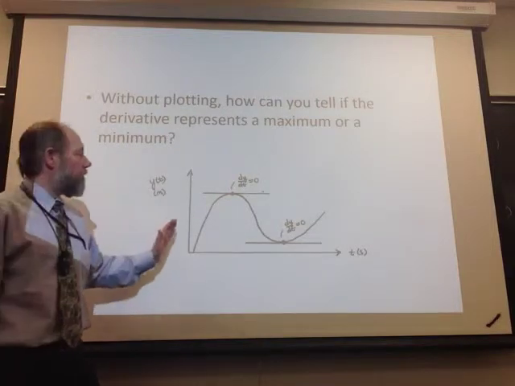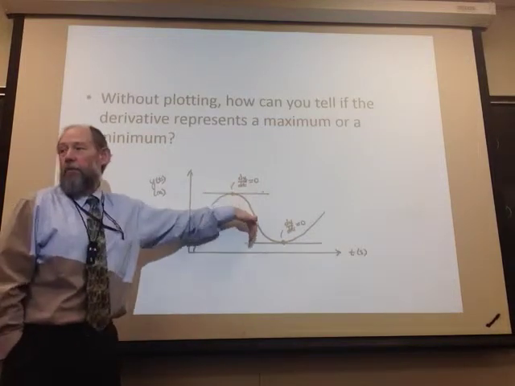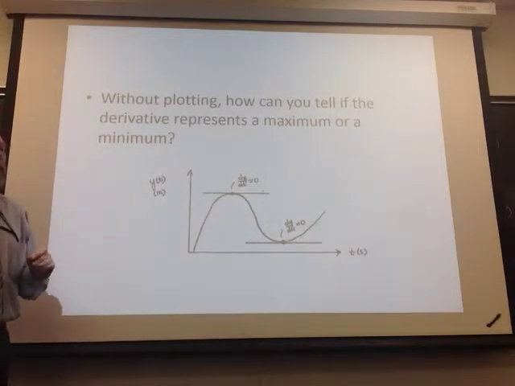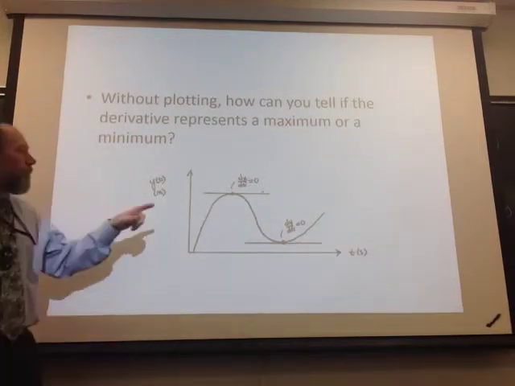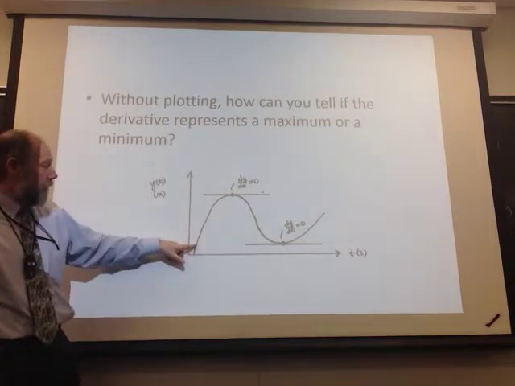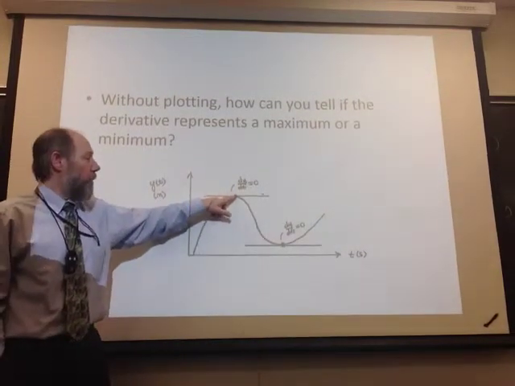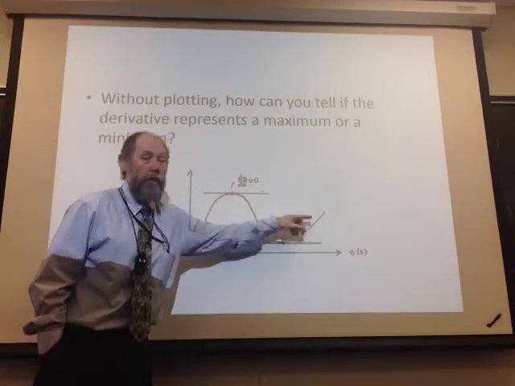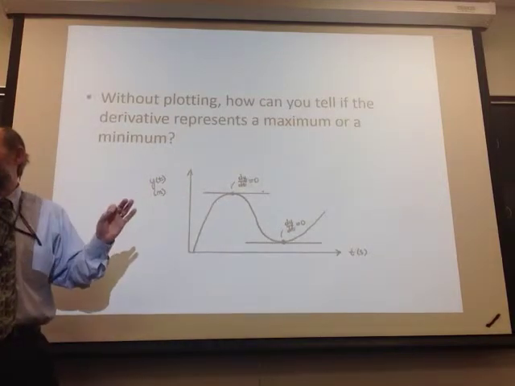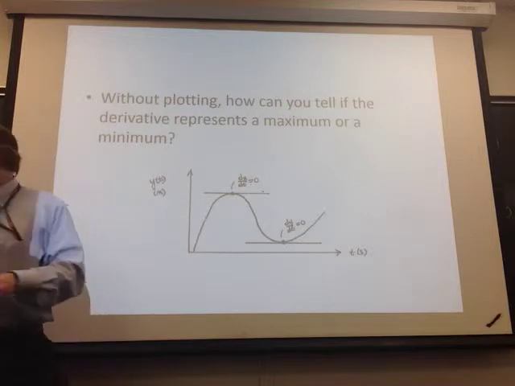So if the derivative of this curve is the slope of the curve at any point, if we plotted a curve, take the slope at this point, and the slope at that point, and the slope at that point, and the slope here, and here, and here, and plot all of those points, we'd find that the slope,